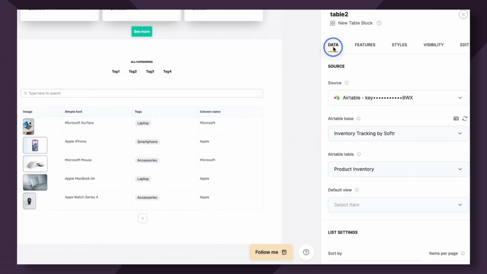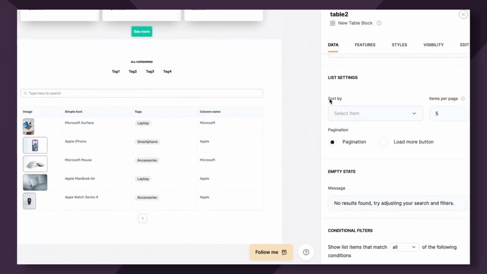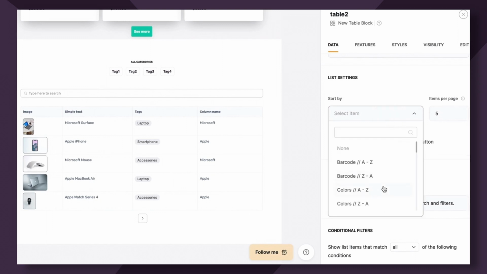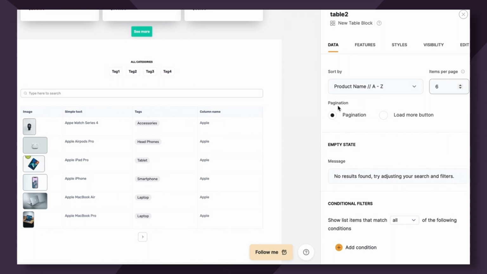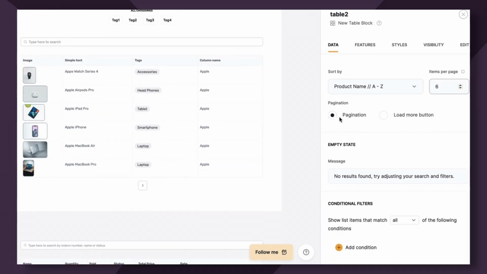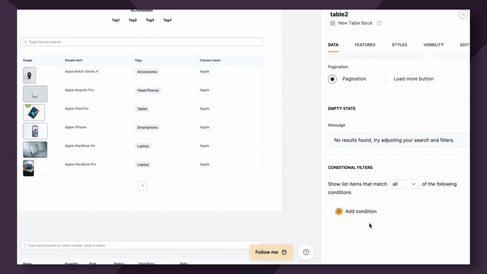If I zip back over to the Data tab, we can see here that I can sort the list by a variety of ways. Let's say I want to sort it by product name A to Z. And you can choose how many items you want per page, let's say 6. And then for pagination, you can choose to either have pagination or load more button. I'm going to keep it on pagination. Great. Additionally, you can add conditional filters below, which is covered in another video that I highly recommend you check